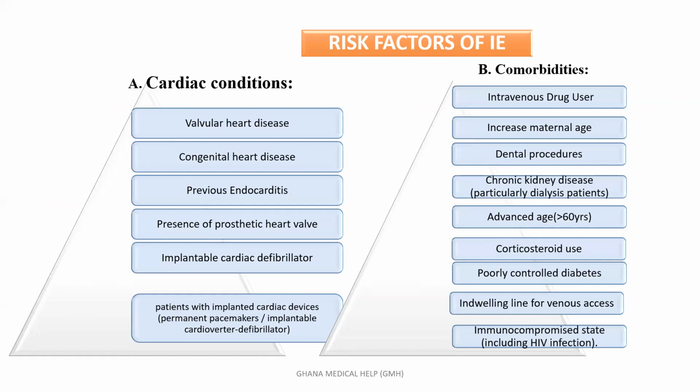The comorbidities: we have the intravenous drug user, increased maternal age, dental procedures, chronic kidney disease, who will be moving to hospital for dialysis, advanced age, more than 60 years, the use of steroid, poorly controlled diabetes, indwelling line for venous access, and the immunocompromised